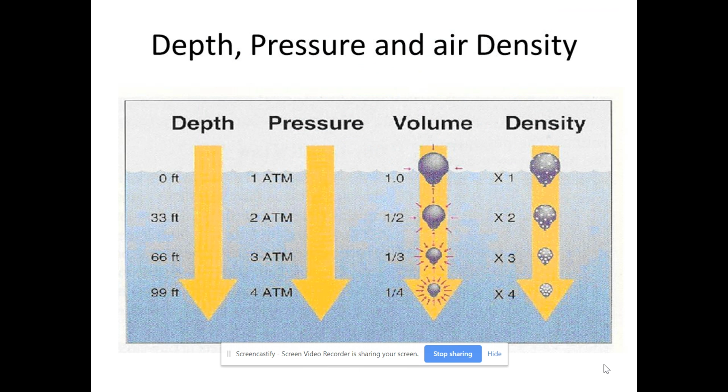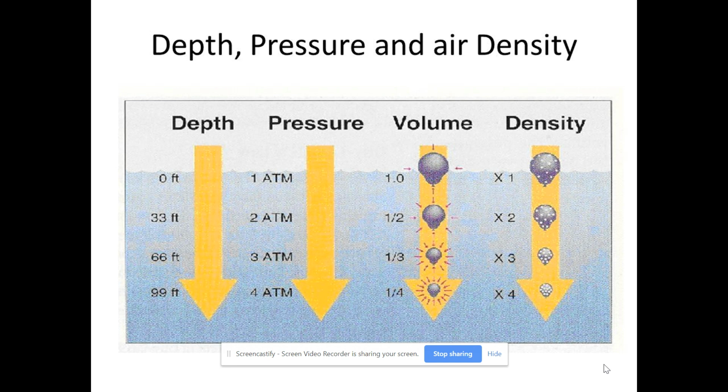The exact opposite is true if you start going underwater. Water is much denser than air, and so you don't have to go very far for it to become very, very heavy and dense. If you travel down about 33 feet, the pressure doubles. So we're at 2 atmospheres. Another 33 feet, we're at 3 atmospheres. Another 33 feet, we're at 4 atmospheres. That pressure pushes on you. It also pushes on everything else.